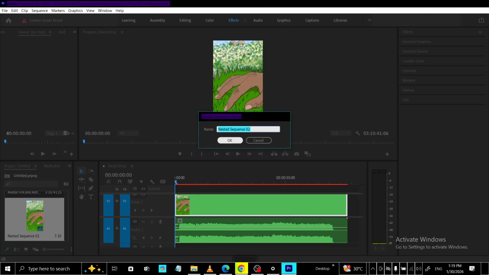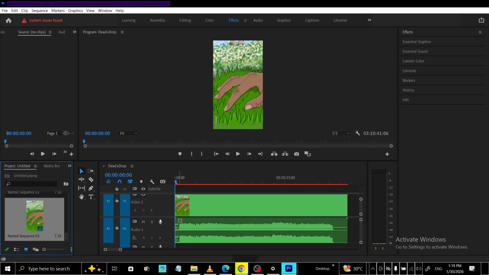From here, treat the nest like any other clip. You can trim it, move it as one unit, or apply transitions and effects to the entire group, knowing everything inside stays perfectly aligned. This is especially helpful